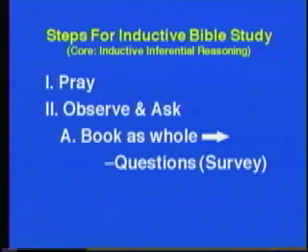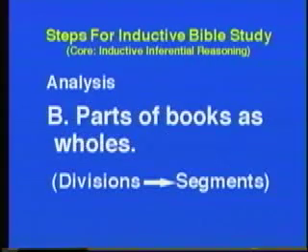And we indicated three aspects of that to which we'll return. The book as a whole, followed by questions about one's findings. That has to do with survey. We'll talk about that further. Then you begin moving to analysis. Although it's a combination of survey and analysis, you're moving from the whole to the parts and beginning to break the parts down,